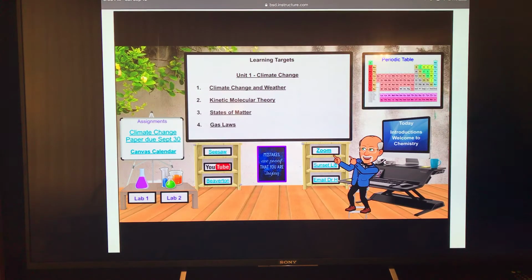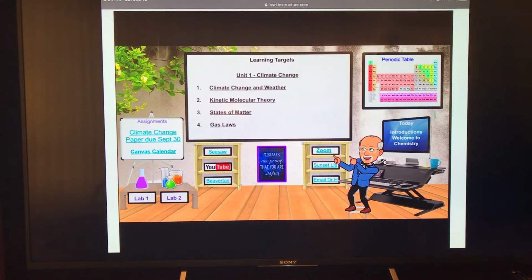And I know this is a faster pace than we would ordinarily be going. I went back and looked over the summer at how long we took to do these 4 subunits last year, and with our AB schedule, 5 days a week, we took from the 1st of September until about mid-October. It's almost 6 weeks. And we've jammed that down now into 2 weeks, just taking the core pieces of it and hoping that you are doing those 2 main things that are going to make you successful this year.